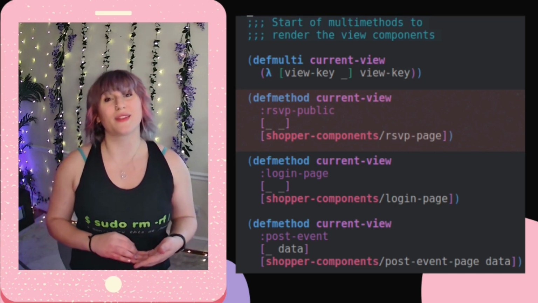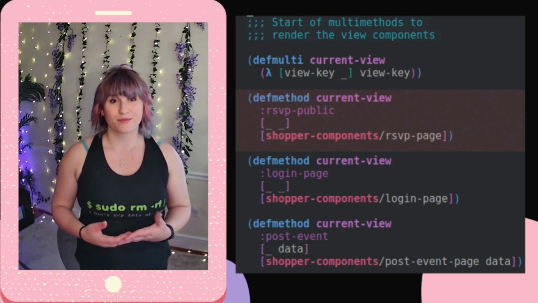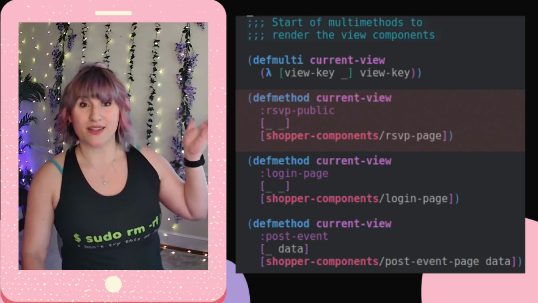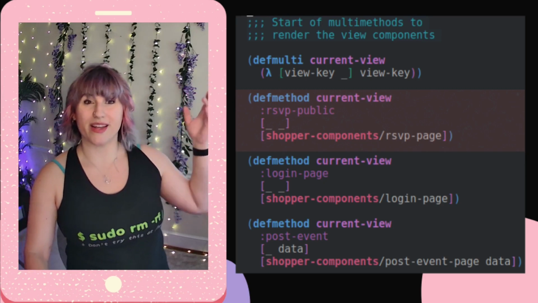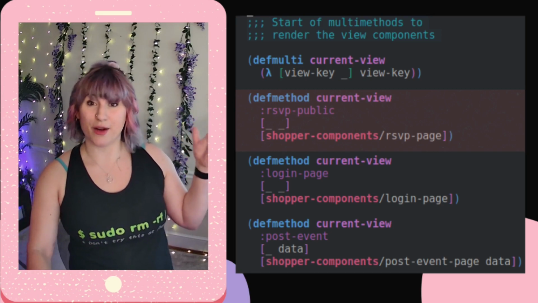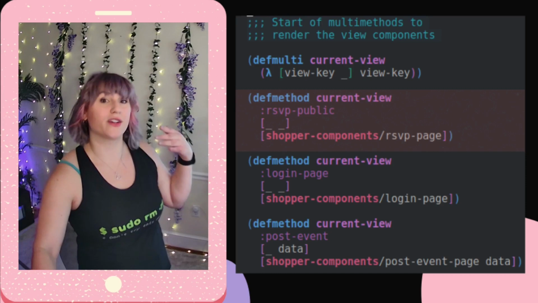Hopefully you're familiar with defmulti and defmethod. Here you can see we register the function current view, and based on the keyword passed in as an argument, render a different page view. In fact, each multimethod, as seen here, returns a Reagent component that renders a page view